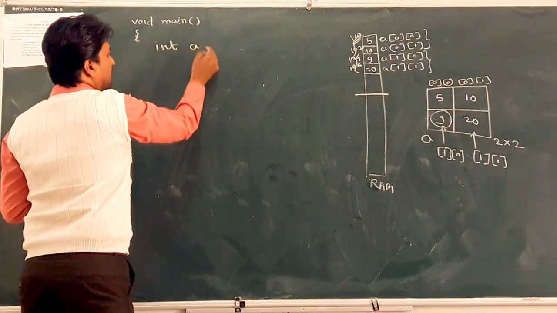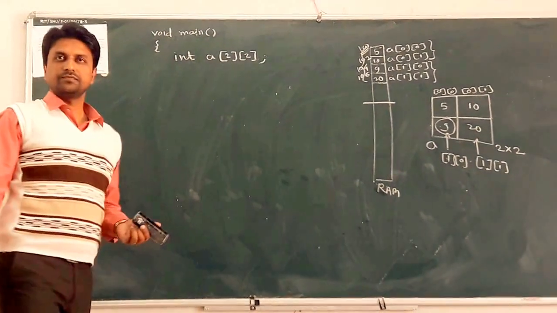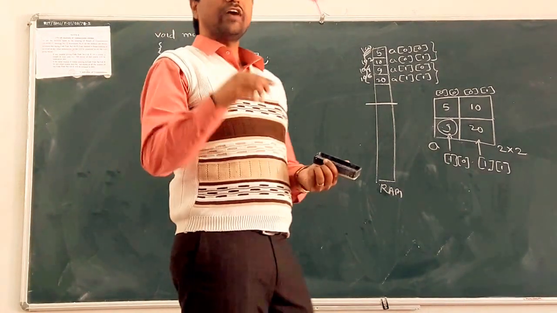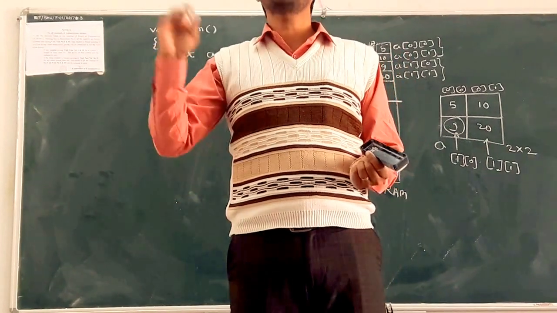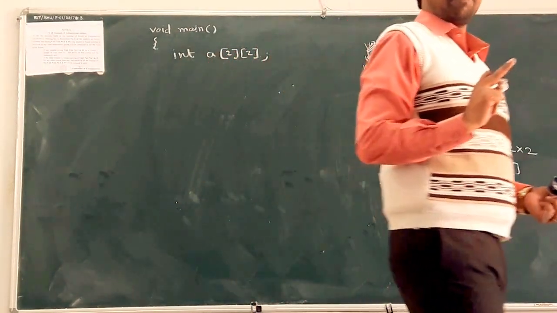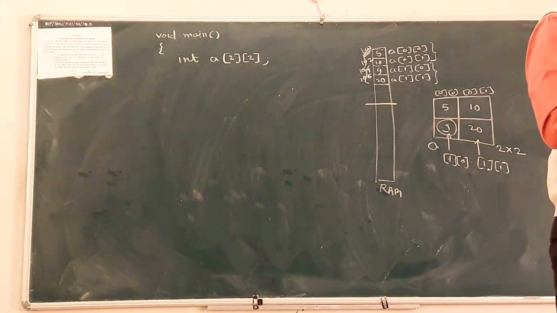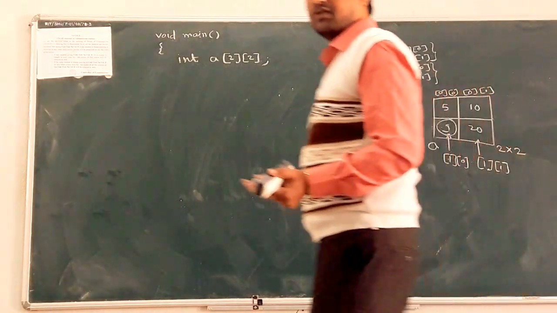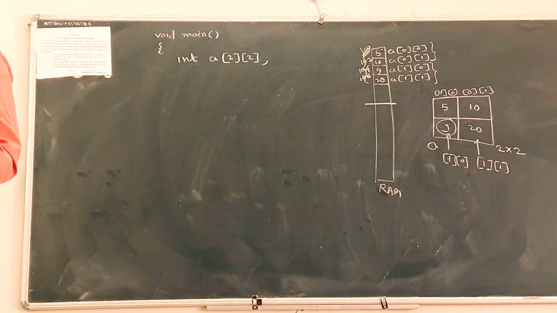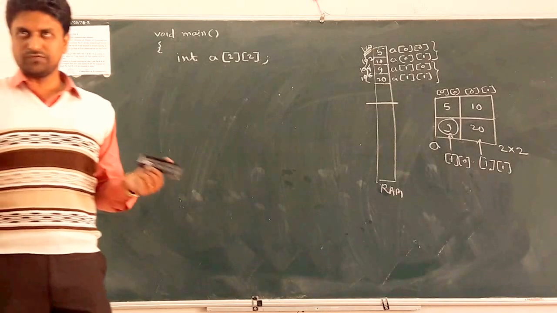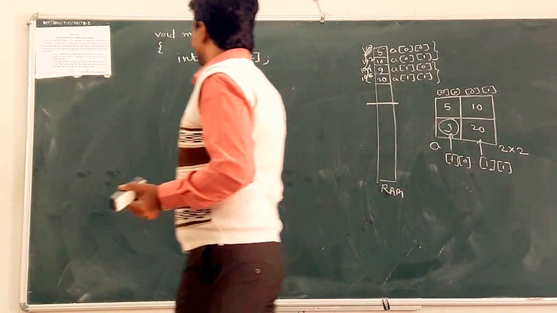Integer, name of the array, then specify the size 2 by 2. While displaying a one-dimensional array or while scanning the elements in a one-dimensional array dynamically, we can use loops. Any loop: for loop, while loop, do while. Mostly we use the for loop because it is beneficial, where initialization, condition, and increment or decrement are in the same loop. So we can use the for loop most of the time, but you can use any loop, while or do while, no doubt. Clear?